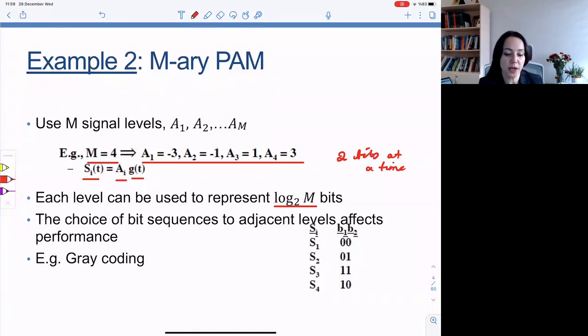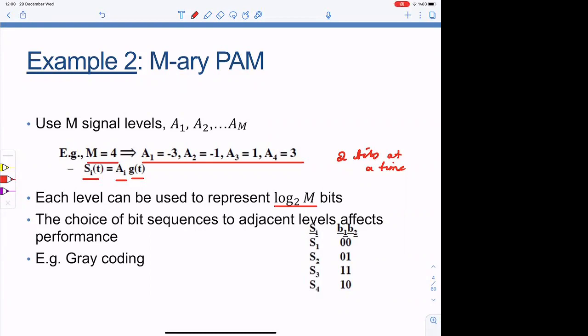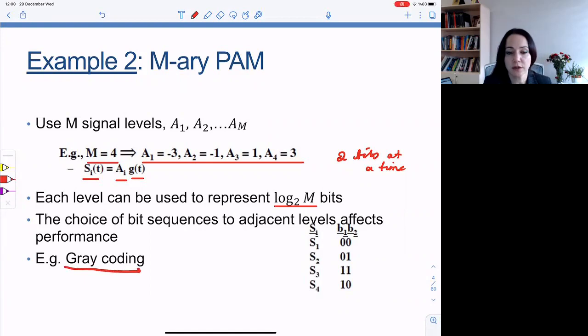Now, incidentally, how do you obtain the mapping from bit sequences to signal levels, A1, A2, etc.? Last time when we talked about quantization and the subsequent digitization of data, we talked about different possible coding schemes. One of them was Gray coding. We said Gray coding was advantageous in the sense that successive levels, adjacent levels like S1 and S2, are separated by only 1 bit difference. Okay, so that enables us to make a small error